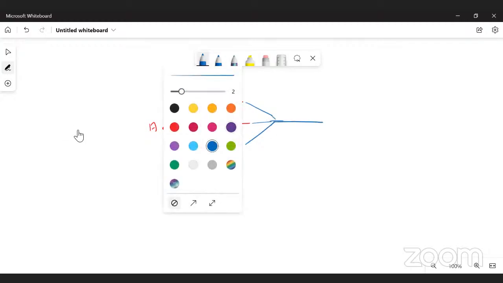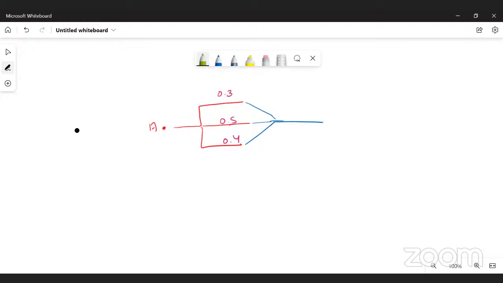So now we know that this person went by this route, right? We don't know which path he has taken. Has he taken path A, path B, or path C? The only thing we know is he survived. So the event has already occurred. He has gone through the path and has come out survived. But now we are interested in finding out what are the chances that he has chosen path 2.